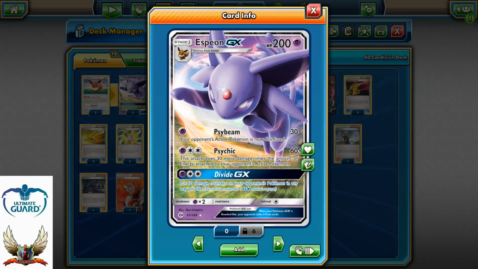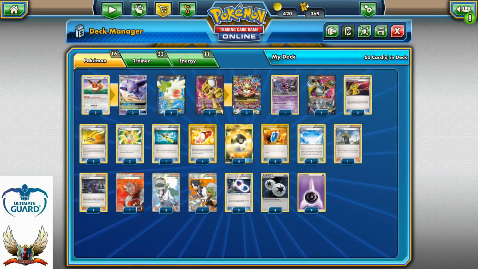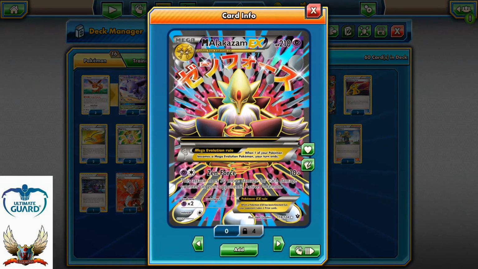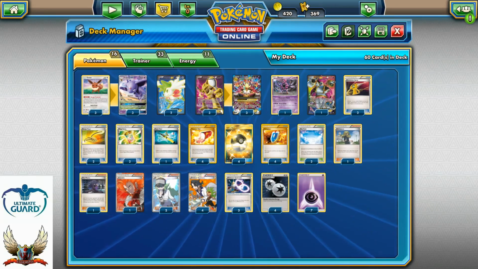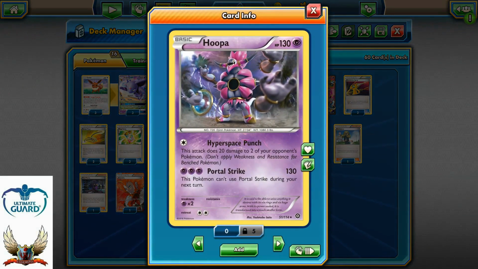That's it. So Espeon is here to help us spread the damage around the board so Zen Force Mega Alakazam can simply one-hit knockout anything on the field. Let's say our opponent has 5 damage counters, it's going to be 160 with the Zen Force, and so far so good. Also, for the backup support, I'm running one copy of Baby Hoopa with a Hyperspace Punch